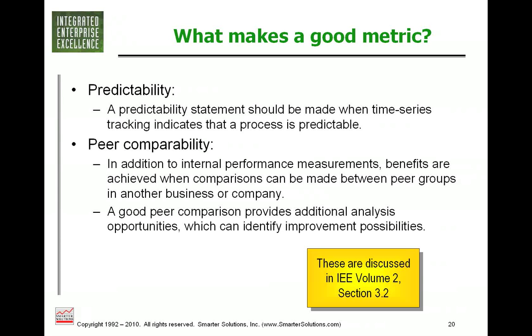If I'm the owner of a process that's producing a product or answering certain kinds of calls or processing a certain type of paperwork, I do care, and I would track the quality of the output as a performance metric. But I would treat it like a business metric. But that person will take action if the process changes. Now, I don't know if I'd show that to the CEO, because they want to look at things at their level of